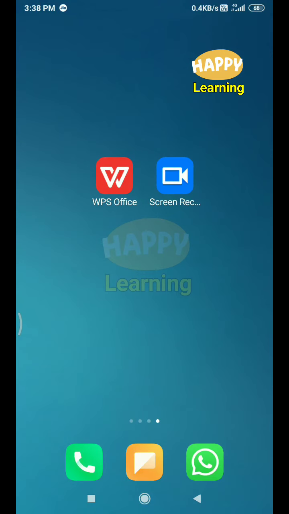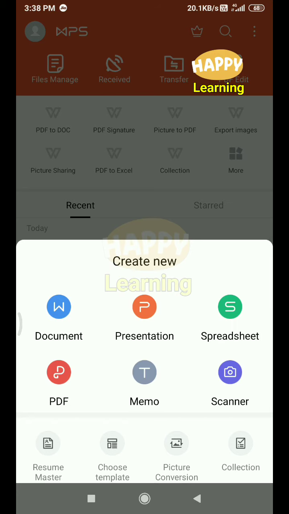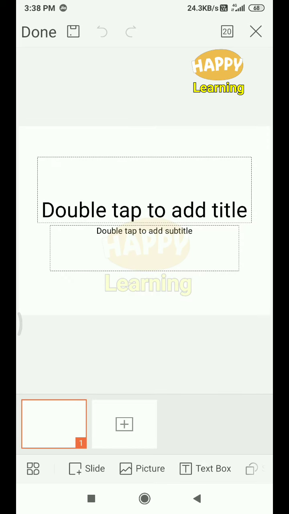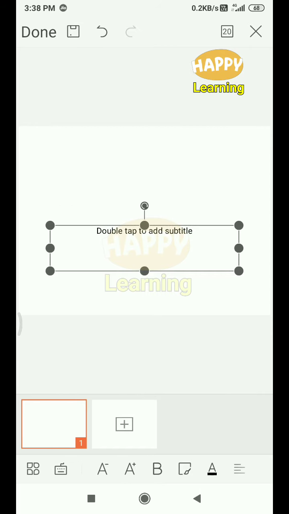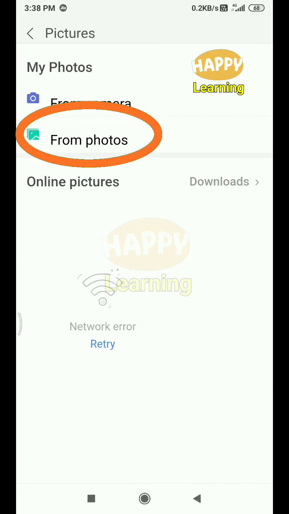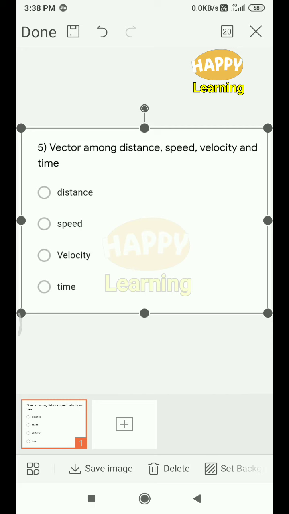Okay, first open the WPS Office app, select the plus sign, that is a new file, select a PPT presentation, go for an empty file, new file. You get a default slide like this. Select the two text boxes that are already available on the slide and delete them, make it an empty slide. Now click on the picture. You will go to photos, select the required photo that you have already prepared for your lesson. Now by drag and drop you can place the picture on the slide at the right position.